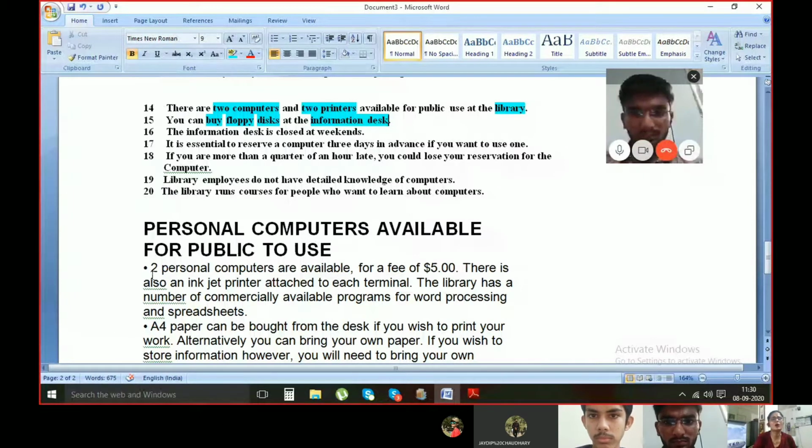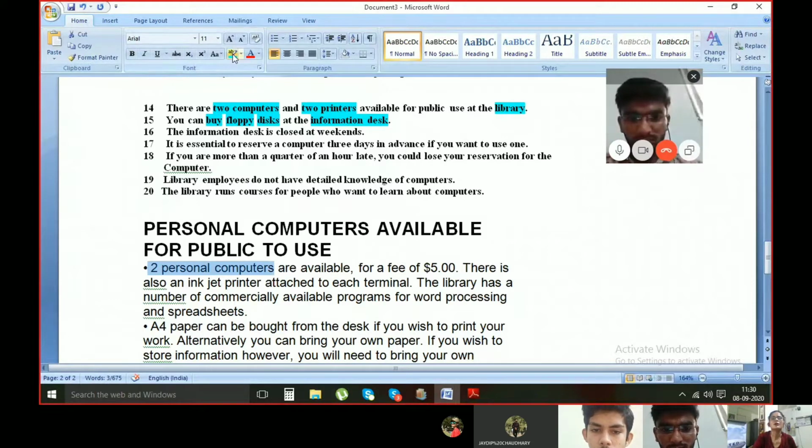Now the passage is saying what? Very soon. See, two personal computers. Yes, of course, the information is there. Two personal computers are there, so I'm marking it. Available for the fee of this one, $5. There is also an inkjet printer. So the printer is only one, an inkjet printer. For the time being, I'm getting an inkjet printer and two computers attached to the internet. The library has a number of commercially available...